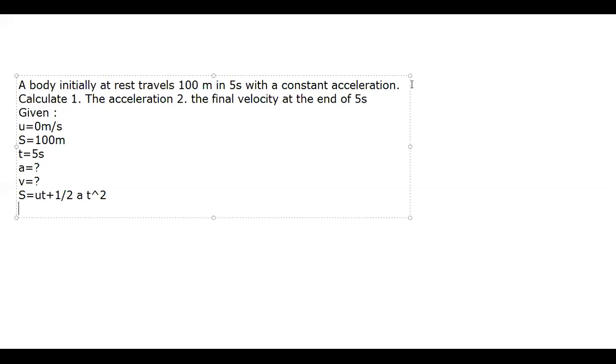Okay, so how much is S? S is 100. The initial velocity is 0. The body is initially at rest, so u is 0. So ut becomes 0 plus half